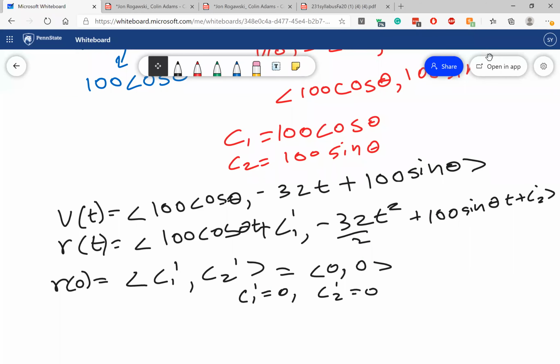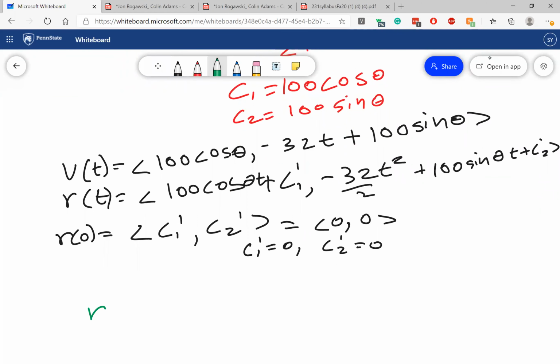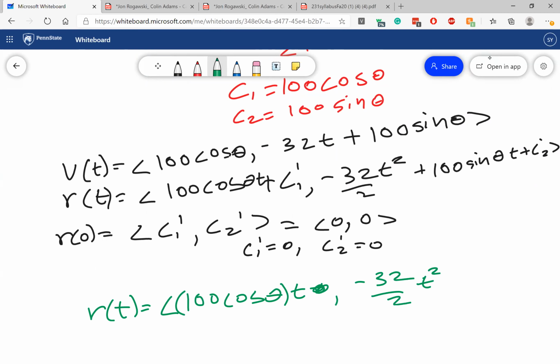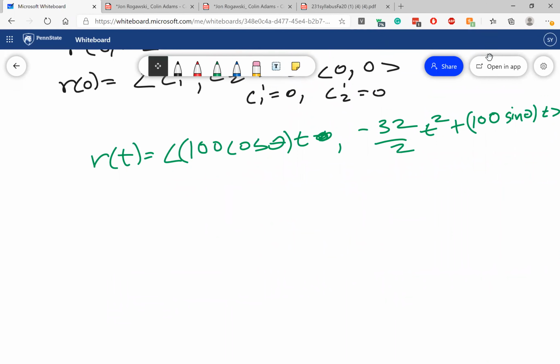So now we can write out what our R of t is. So R of t is equal to 100 cosine of this angle times t plus nothing, and negative 32 over 2 t squared plus 100 sine times t. Okay. So now they asked us to find what's the horizontal point where this